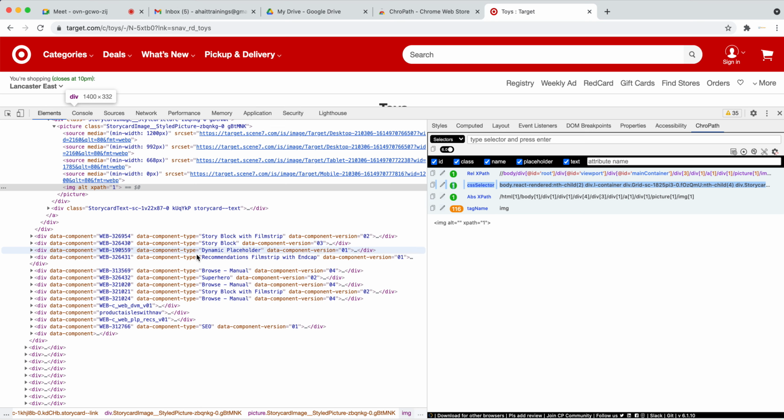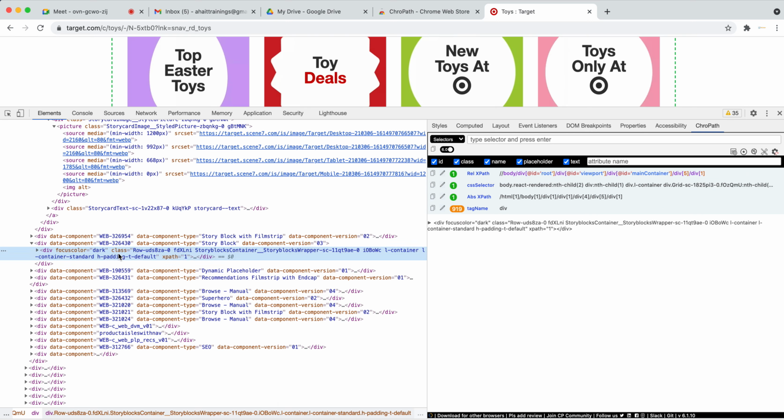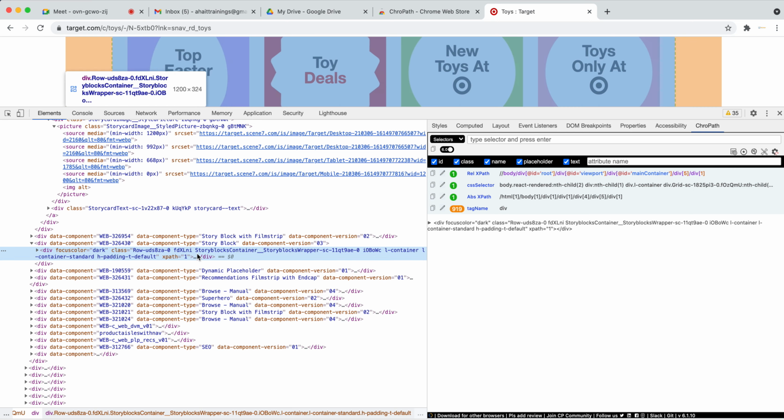When I go to this div, this is the style sheet class. Class equal to row. A lot of style sheets they have used. You can capture this element using this style sheet, but this is not the best way of doing it.